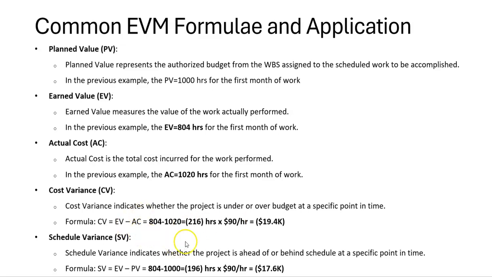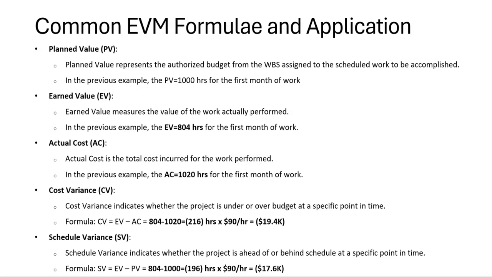And then the schedule variance indicates whether the project is ahead of or behind schedule. And so schedule variance equals earned value minus planned value. So 804 minus 1,000 equals negative 196 hours. And that times our labor rate of $90 per hour equals minus